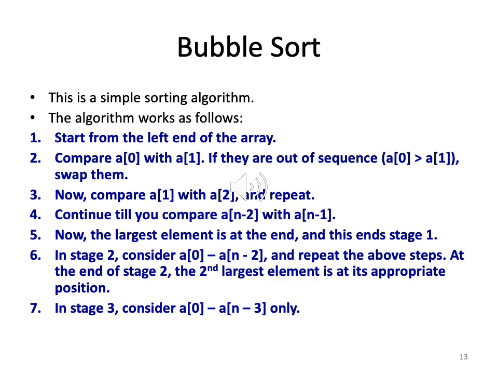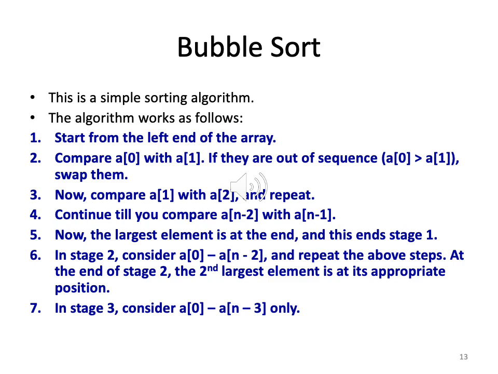Now compare A1 and A2. So do a right shift, and after that right shift, now compare the next two elements, A1 and A2. Okay, and then similarly, if they are out of sequence, swap them. Then compare A2 and A3, A3 and A4, A4 and A5, so on, and continue till you compare A(n minus 2) and A(n minus 1). So n minus 1 is the last element, of course, because the indexes start from 0 and not 1. Right? So if n is 10, the index of the last element will be 10 minus 1, 9. So continue till you compare A(n minus 2) with A(n minus 1), and then again if they are out of sequence, swap.